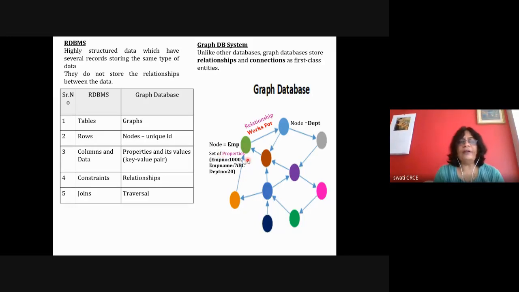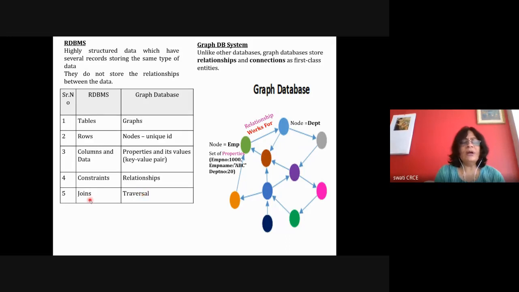Suppose you want to find the department name for employee 1000. The employee node, number 1000, has a department number 20. So graph traversal will happen. It will traverse through this link, reach the department node number 20, which has a property called name, and extract the name.